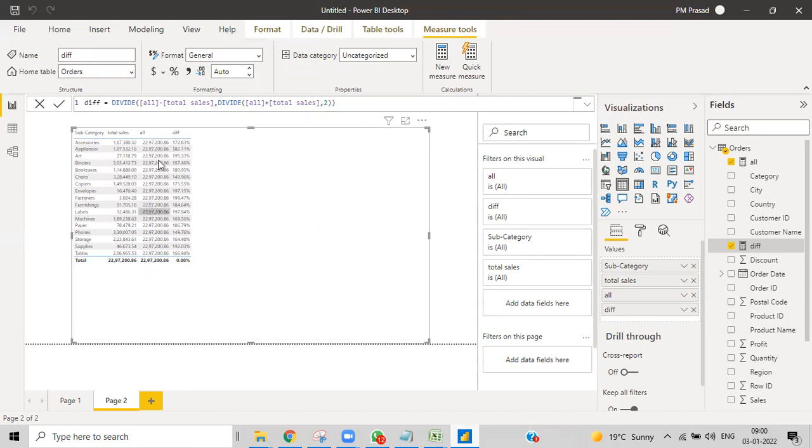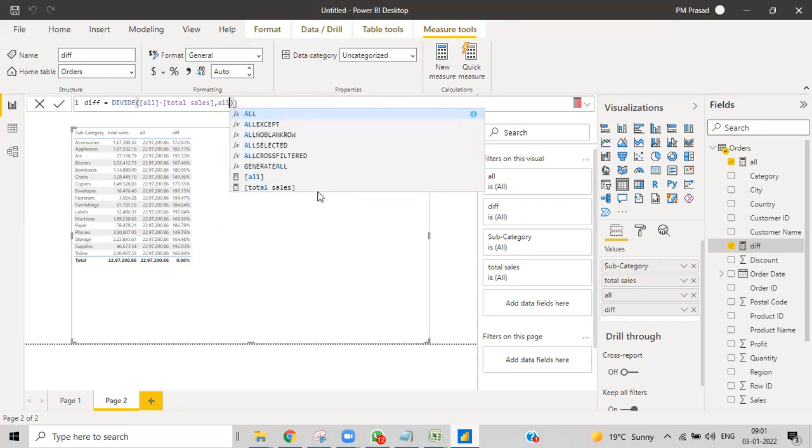Column numbers. How do we find this one? Percentage difference. Not this one. Simple thing will be there. We are missing out something.